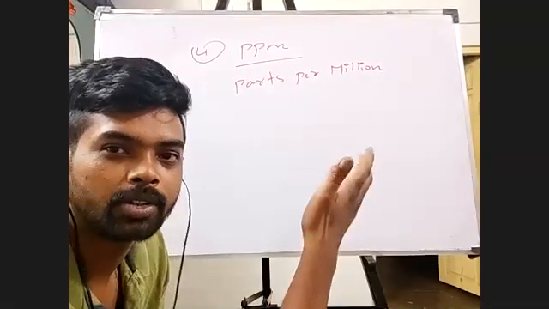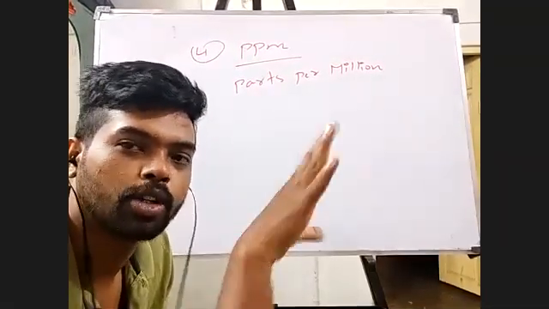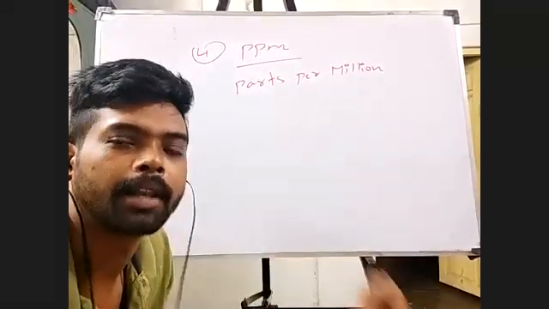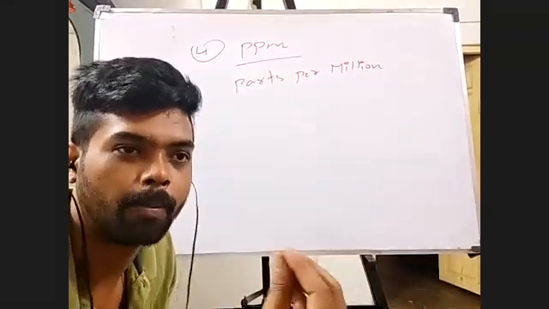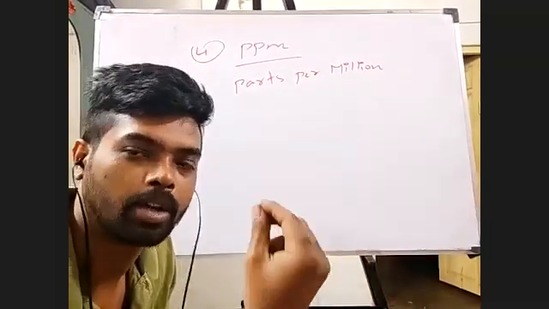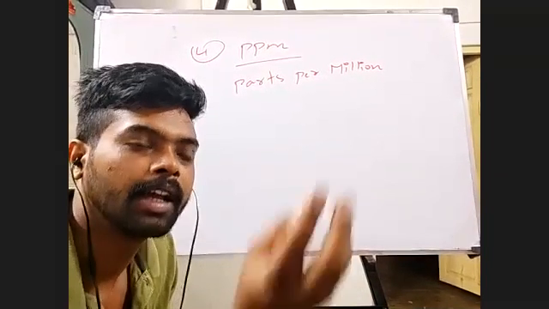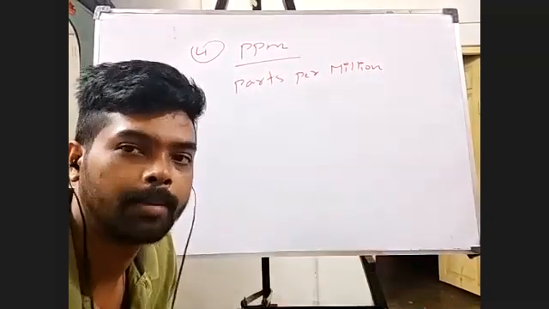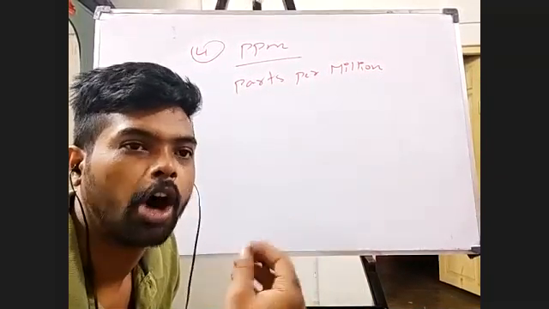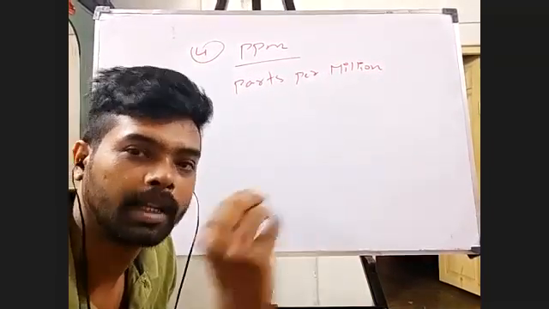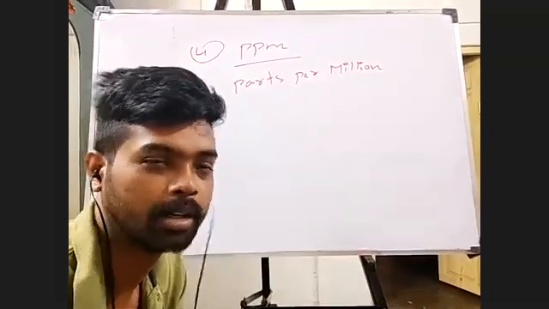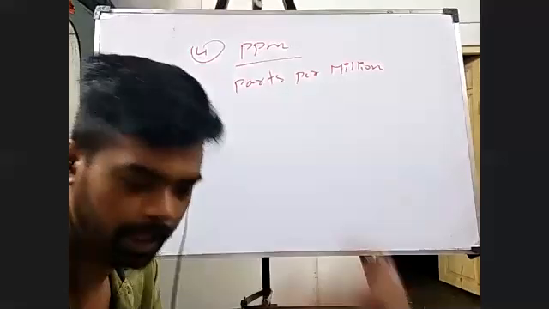As the name tells you, if I have million parts of the total mixture, in that how many parts is my particular component? Say if I have n components, all these n components together make up million parts, or if I speak in terms of mass, say they make million grams. In that, how much is the grams of one of the components in that total mixture of million grams is what is meant by parts per million. Anyways, we'll take the definition.